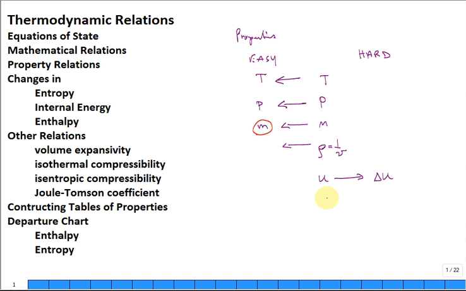How about enthalpy? You want to put it in the easy or the hard category? It's really in the hard category. I say, go get me an enthalpy meter. You know, you can get a pressure gauge, get me an enthalpy gauge. You can get a temperature measurement, you know. How are you going to get an enthalpy measurement? Hard. And we're really interested in changes in H. It's just the same discussion.